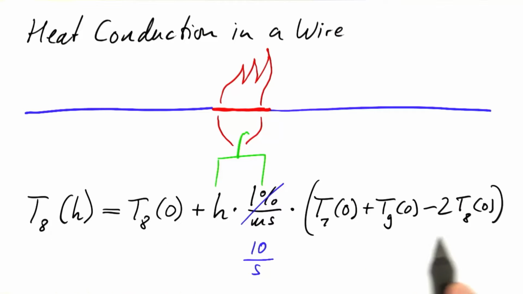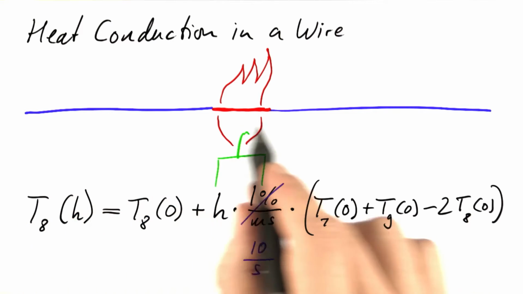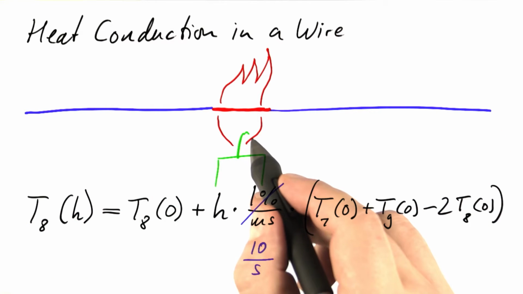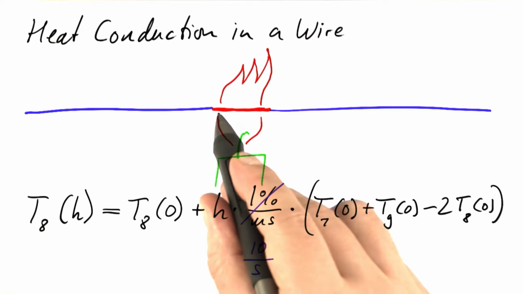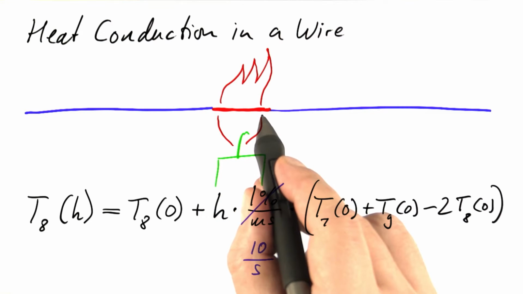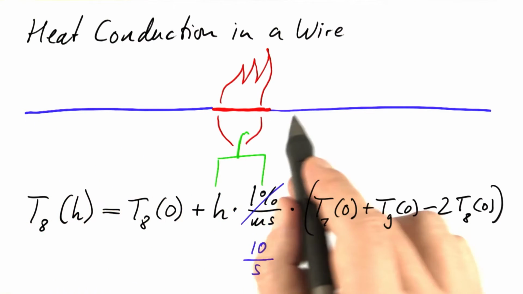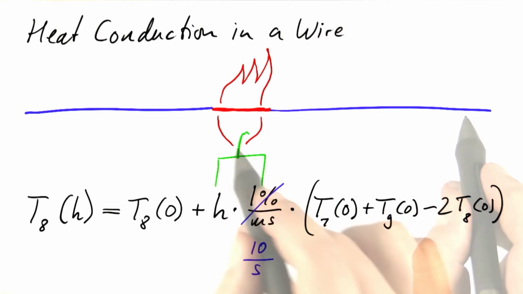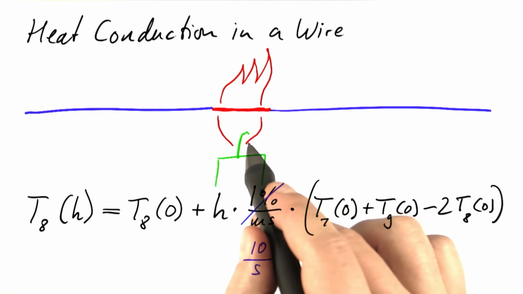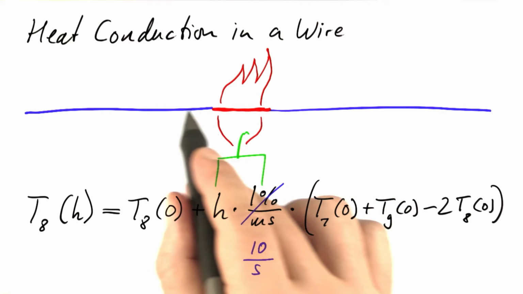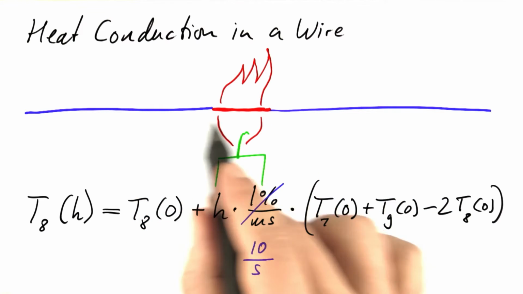So now we have an equation that can be implemented on the computer. We'll start by simulating the following situation. A wire is briefly heated by a candle so that some part of the wire is at the temperature of the flame and the rest of the wire is at room temperature. At time 0 we blow out the candle so that there's no more heating, and then we watch heat conduction in action. How does this energy spread to the left and to the right?